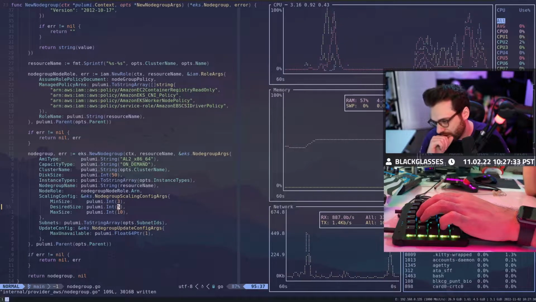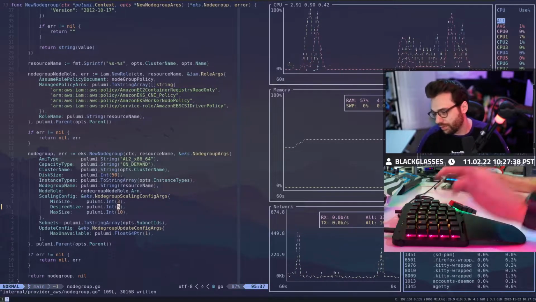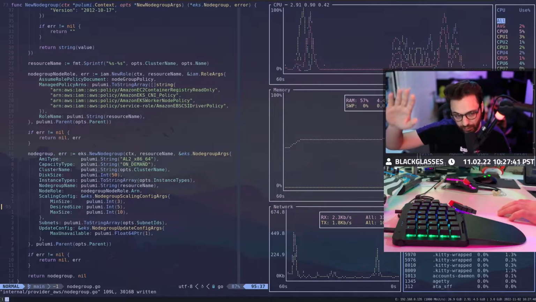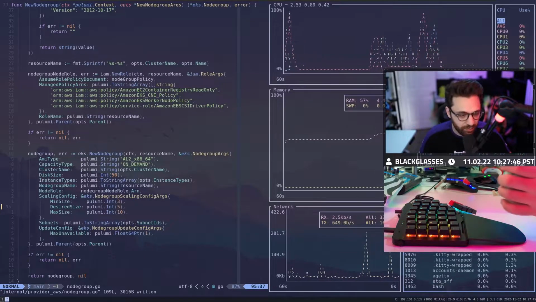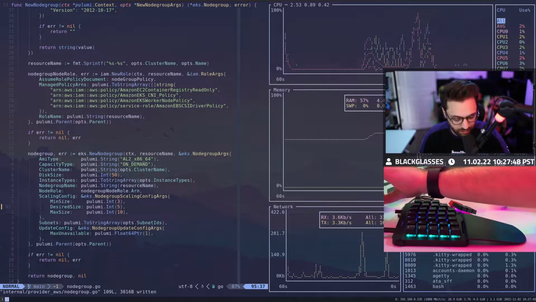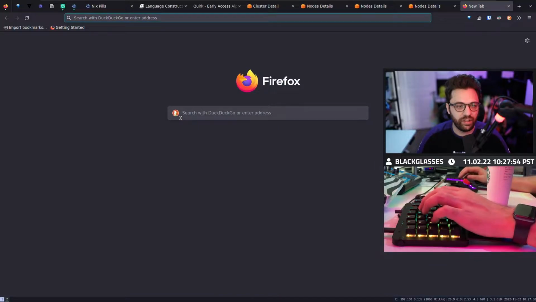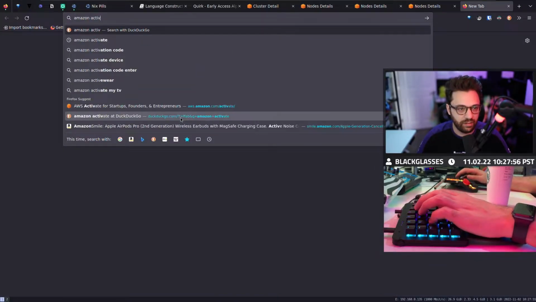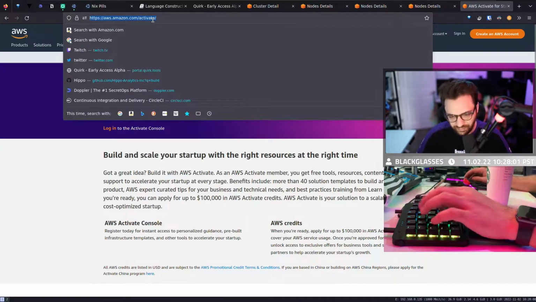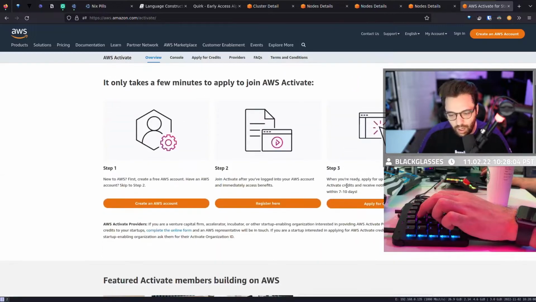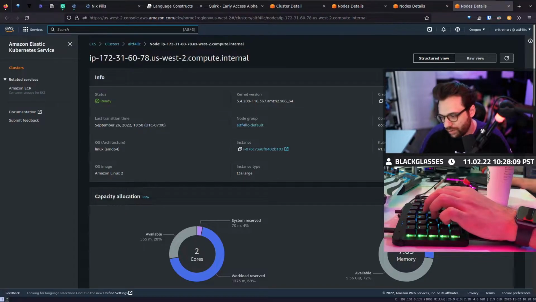AWS has mad DevRel money. They just need to be pushing credits to communities like this. Listen, I'm gonna be real. We can't act like Amazon hasn't hooked us up. Granted, we just did their Activate thing, so it's not like they reached out to us. If you don't know, Amazon has this thing called Activate, and the whole idea behind it is it's for startups. It's basically free money. It's definitely not enough for what you're actually trying to do.